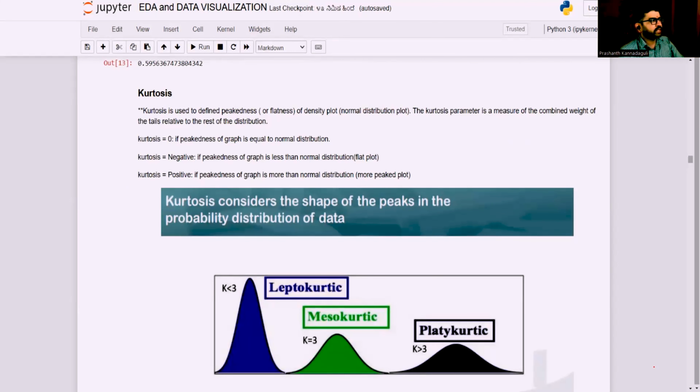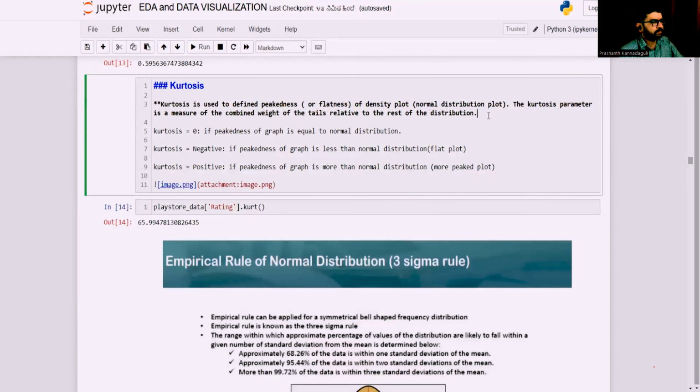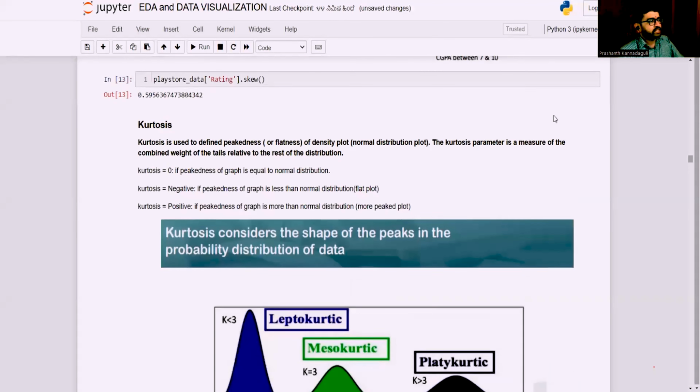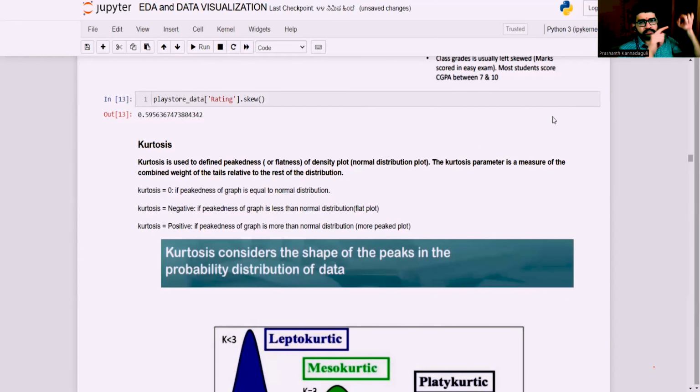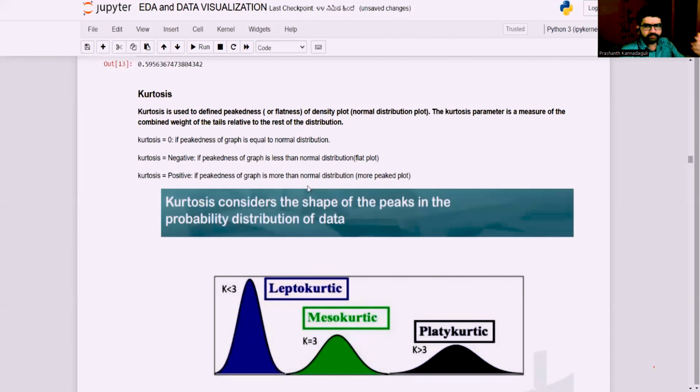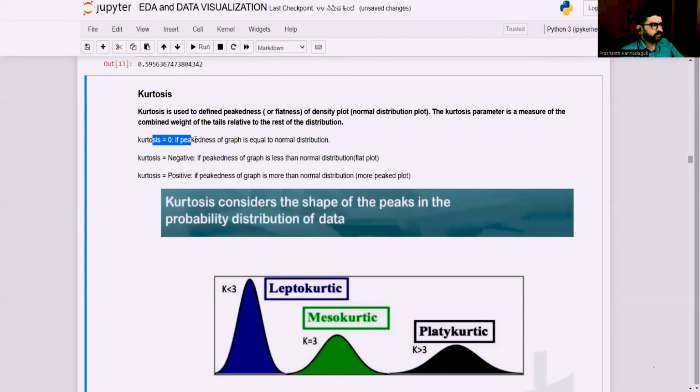Let's move to the next one, called kurtosis. So what is kurtosis? If you remember the kurtosis part, it basically measures the peakedness of your data. Is it flat on the top? So my graph is like this. What happens at the topmost point? Is it a single point or is it flattened? That's what we are trying to identify here. So you have a function to do that. And if the kurtosis is equal to 0, as you can see here,